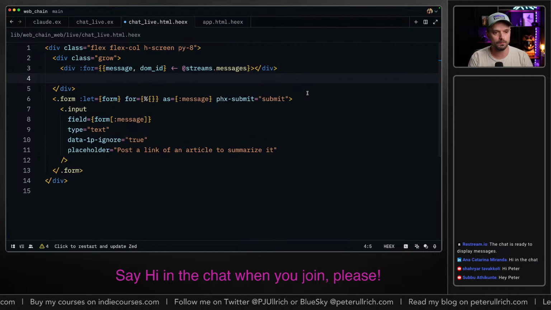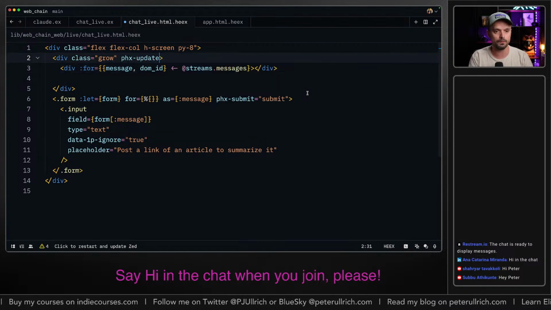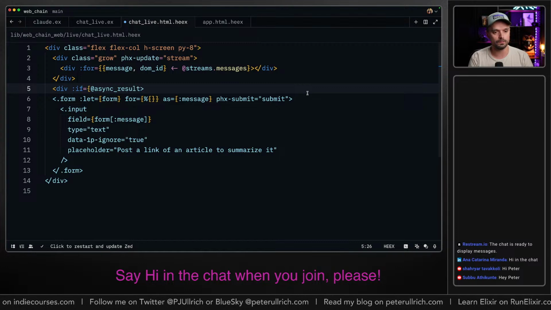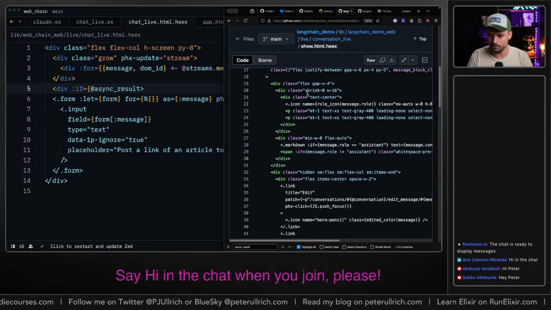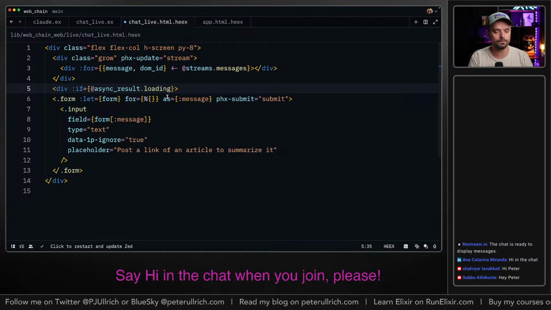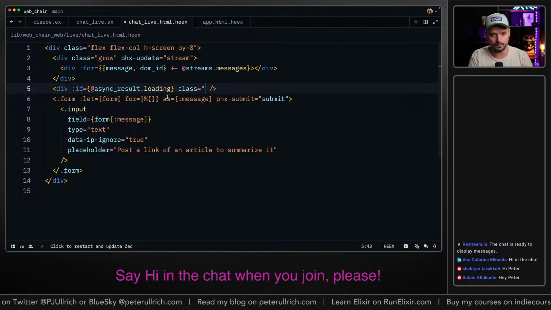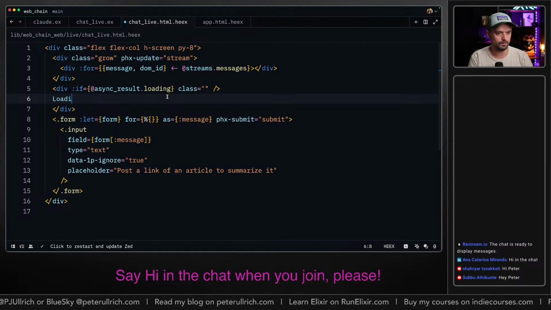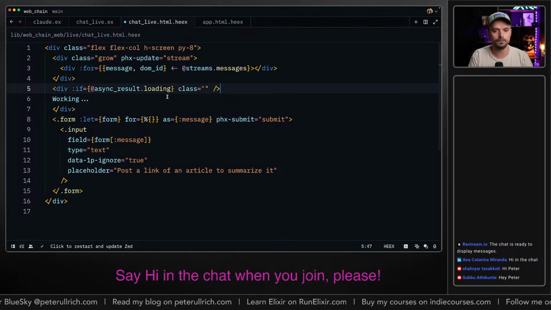Maybe below this. Also, this should be Phoenix update stream. Now we put in here if async result status is loading. It's just a flag. If it's loading, then we can add this thing, and I'm just gonna make it say loading, processing, working, whatever.